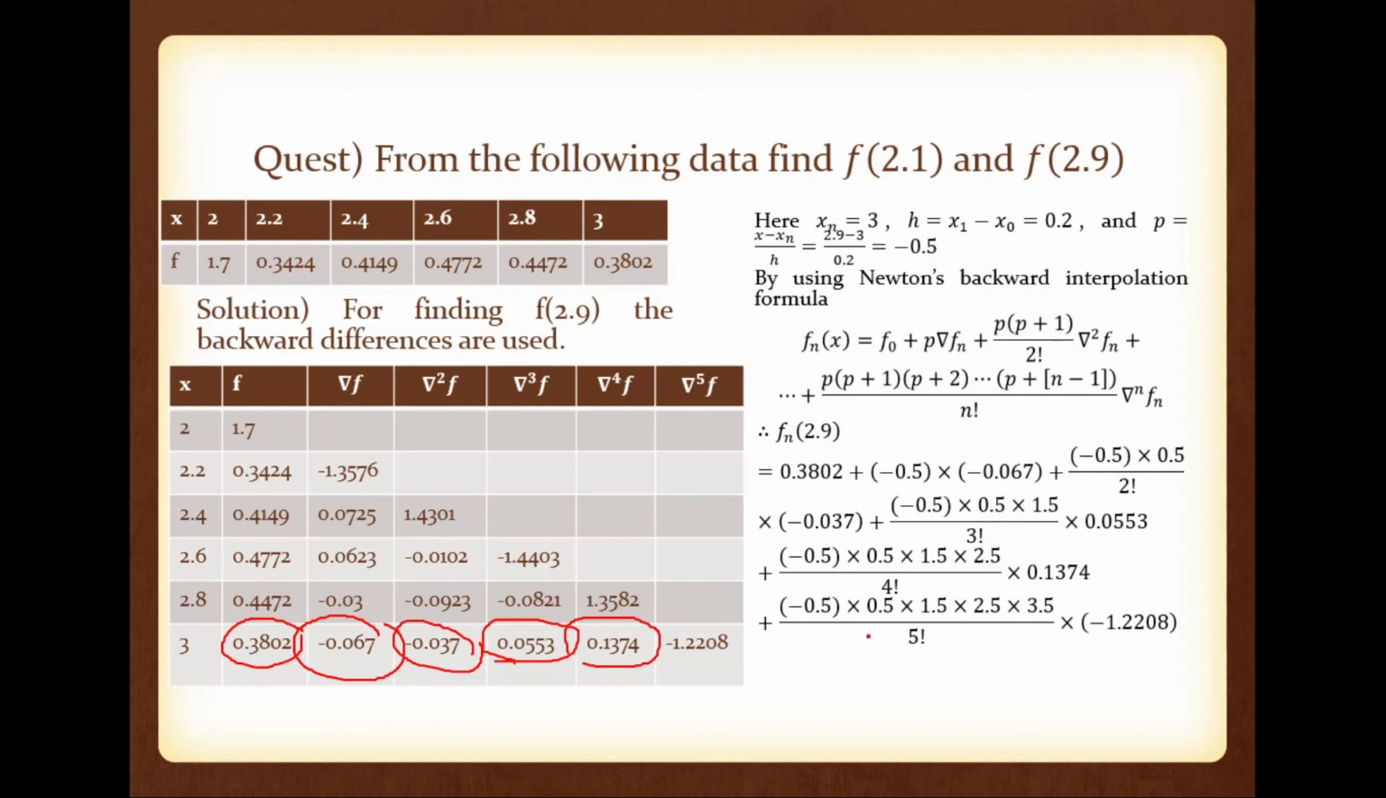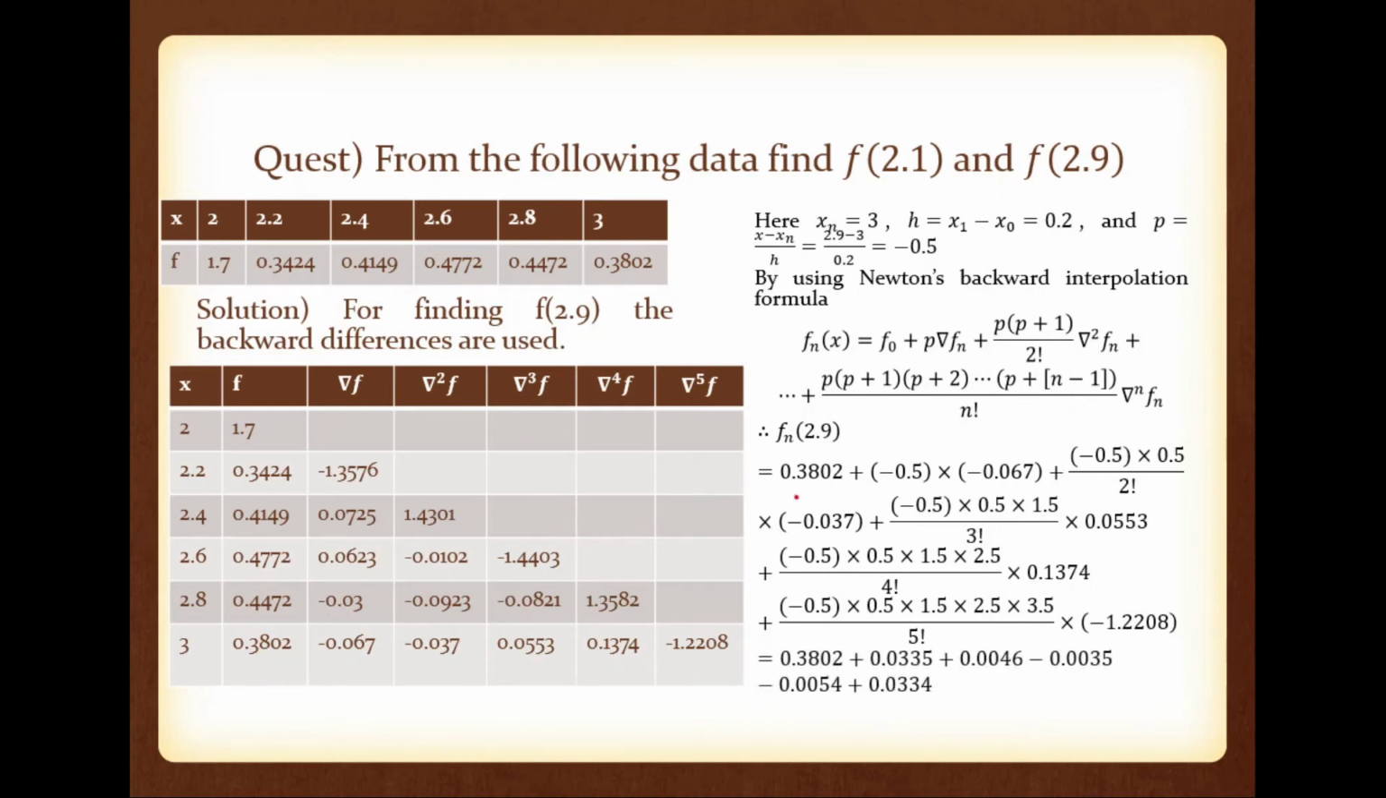0.1374, plus p into p plus 1 into p plus 2 into p plus 3 into p plus 4 divided by 5 factorial into del raised to 5 fn, that is this value, minus 1.2208. So each term we can write as 0.3802, the first term. This one is plus